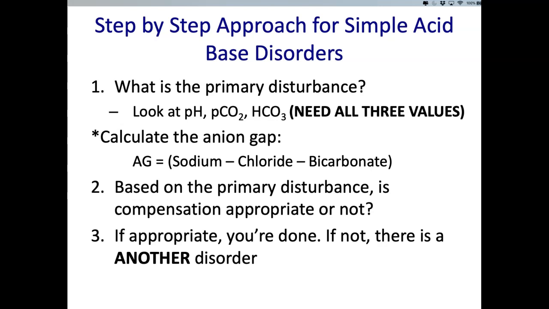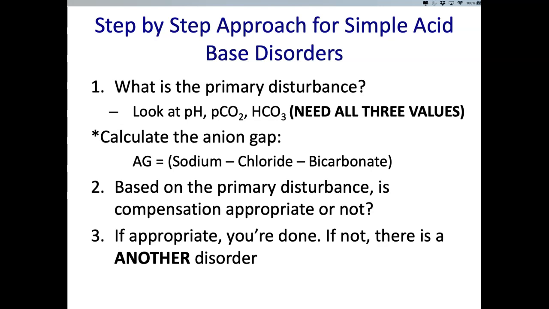Remember, the pH just tells you whether it's in the normal range, whether there's acidemia or alkalemia, but you need everything to understand how many disorders are present, okay? Because I'm going to jump a little bit and say you can have multiple acid-base disorders present in one person at one time. You can actually have 3 acid-base disorders present, believe it or not. So you can have 1, you can have 2, you can have 3, and I'm going to show you how you can think about it and at least figure out whether there's 1 or 2 present, okay? So figure out the primary disturbance, and that's using that table that we showed you earlier.